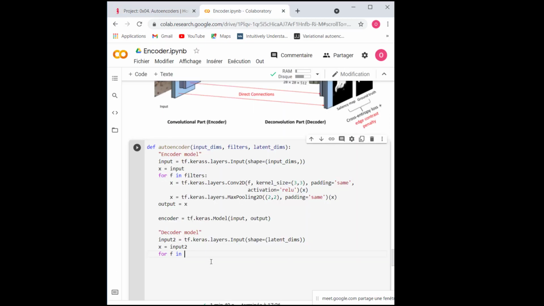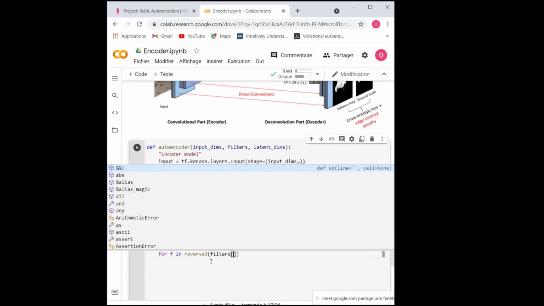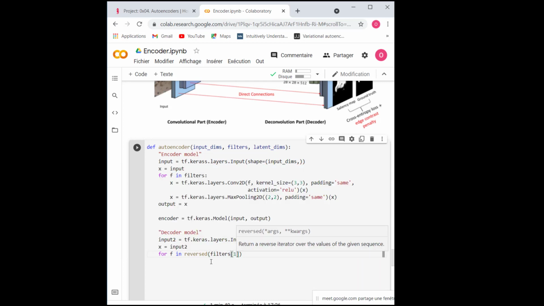So I'm going to loop over my reversed filters, but I'm not going to take the first filter, which in my decoder would be the last. So I'm going to call it filters from 1 to the end.